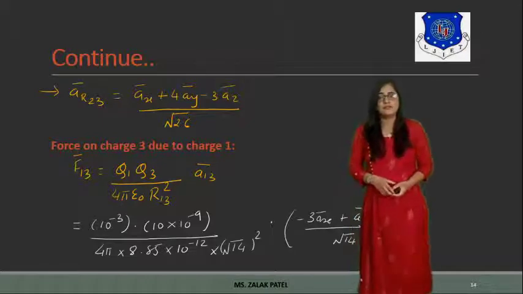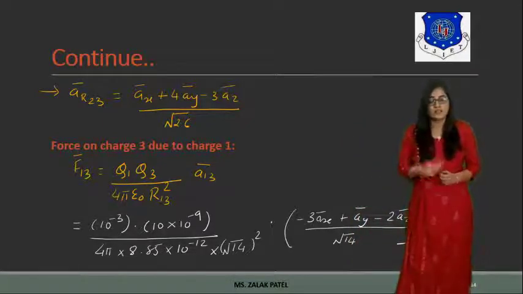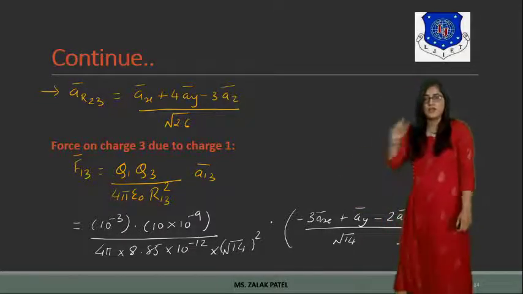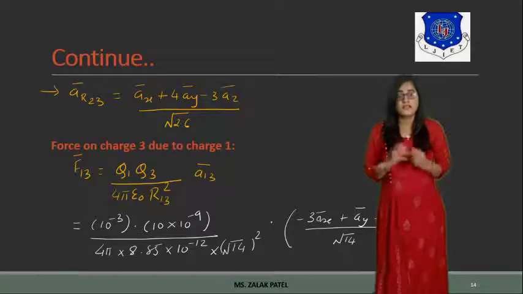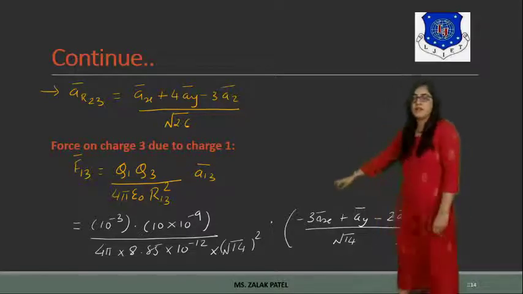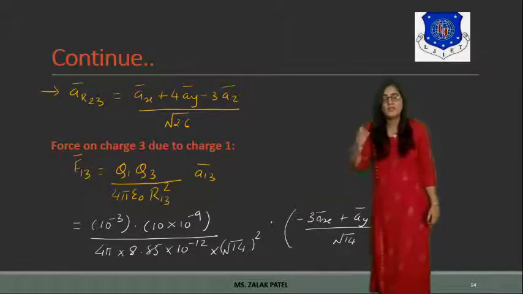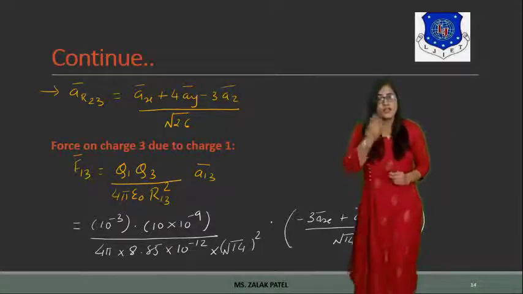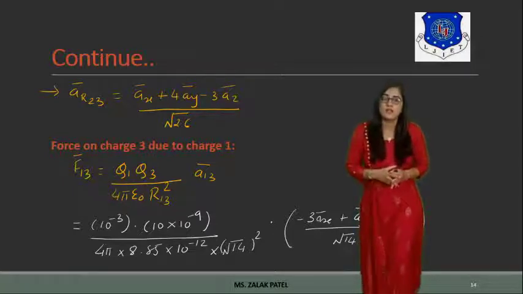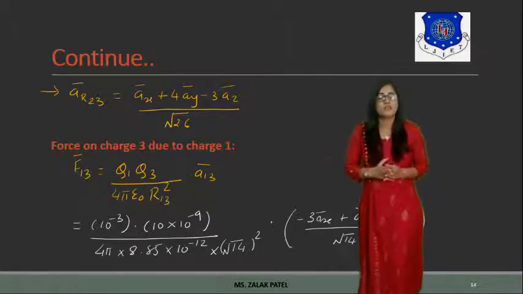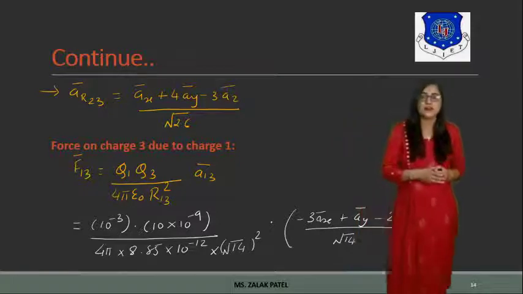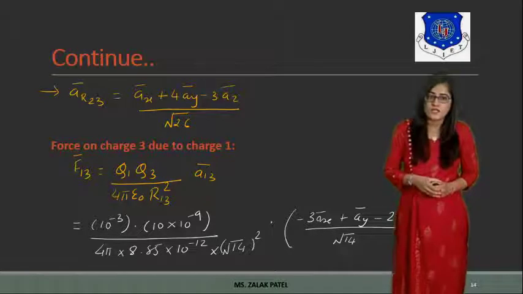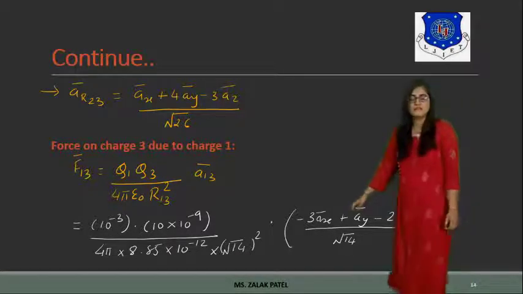So it will be like this. Q1 charge is nothing but 1 millicoulomb, which means 1 into 10 raised to minus 3. Then Q3 charge is 10 nanocoulomb, which means 10 into 10 raised to minus 9 coulomb. Divide by 1 upon 4 pi epsilon 0. Epsilon 0 is the free space permittivity. In the problem statement, no medium is mentioned, so that's why we have used free space as the medium. The permittivity of free space is 8.85 into 10 raised to minus 12. So it will be like this, 4 pi